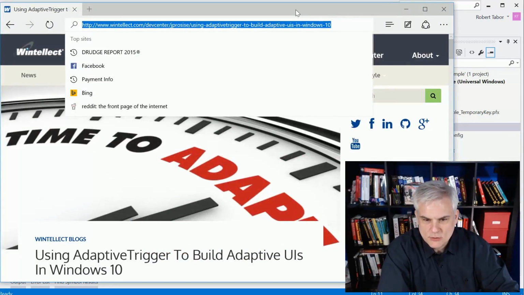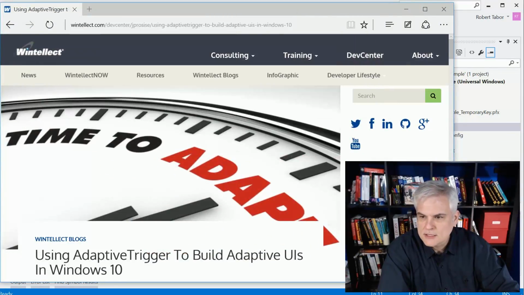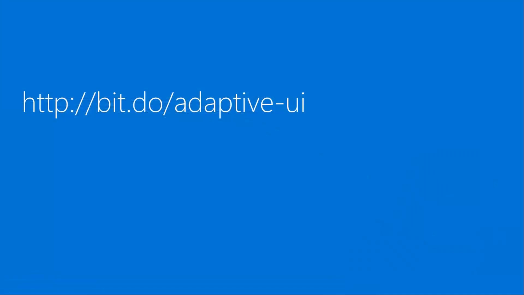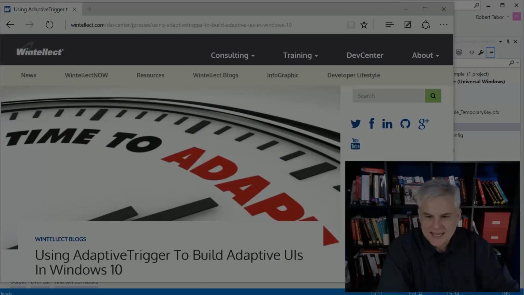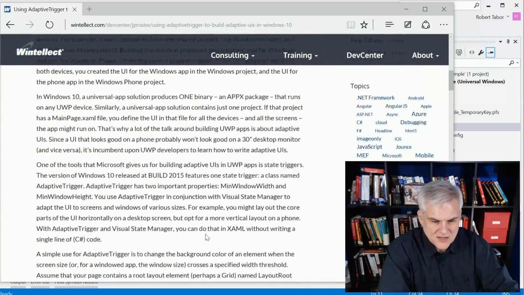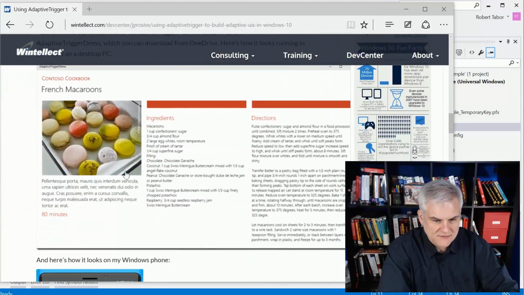And let me put this URL on screen right now. He came up with this great example of what I'm talking about in this article, using adaptive triggers to build adaptive UIs in Windows 10. And in the body of this article, he outlines this Contoso cookbook